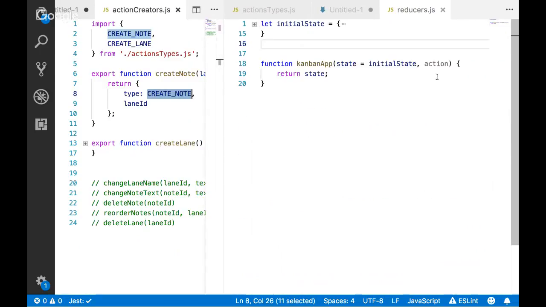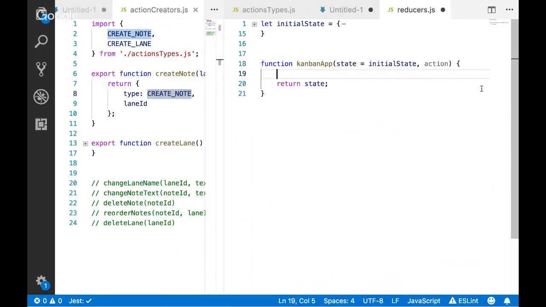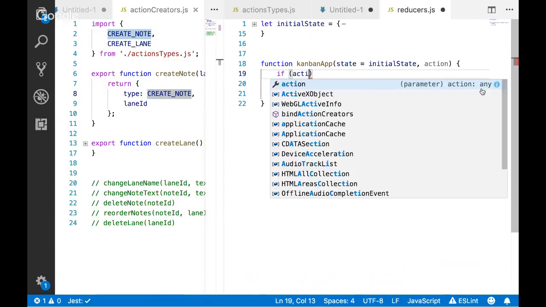Let's minimize this guy. So now this is going to be a little hard for you guys to think about, but let's say this guy could get this object with the action of create note. How would you go about handling that? We're not certain that's the action it's going to get, but it might get that one. You can just write an if. If the action dot type